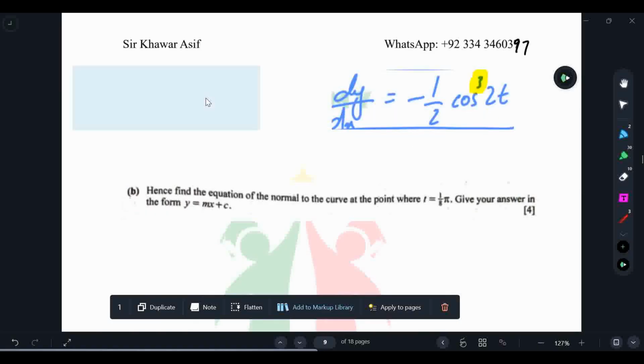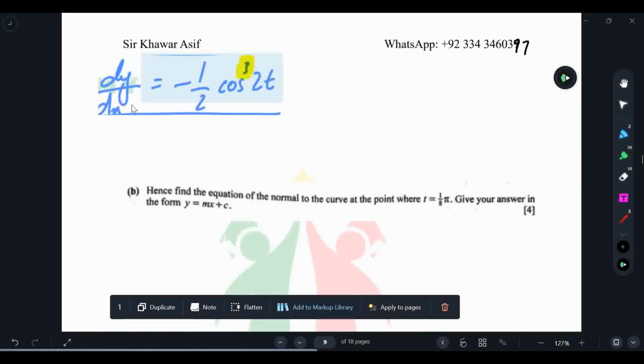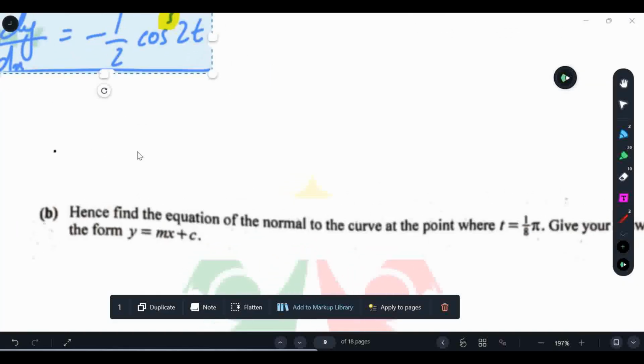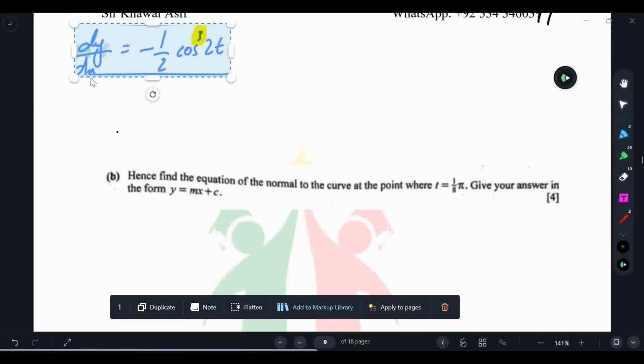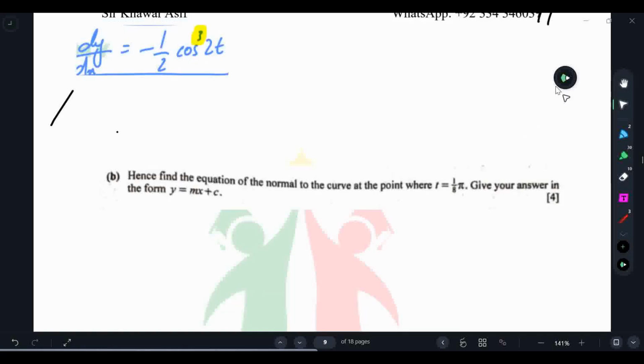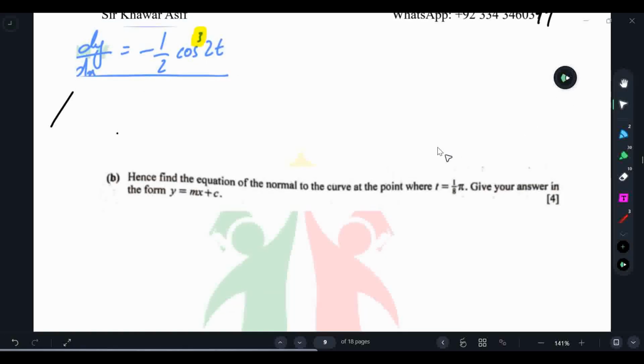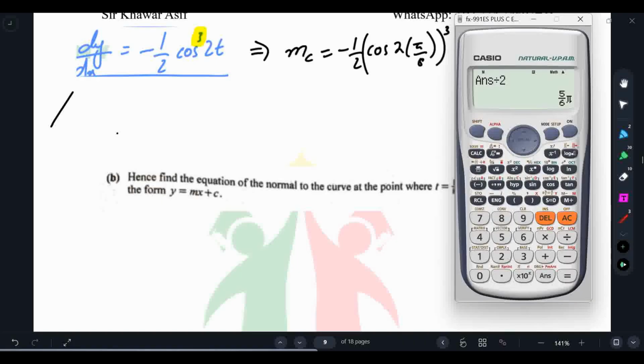Gradient of the curve. This was the gradient of the curve. Now at point T, first of all, we need to find out the gradient of the curve at this point. So just put T over here. So gradient of the curve will be equal to minus 1 by 2 cos of 2 into pi by 8 whole cube. Now if we simplify it, this will be now